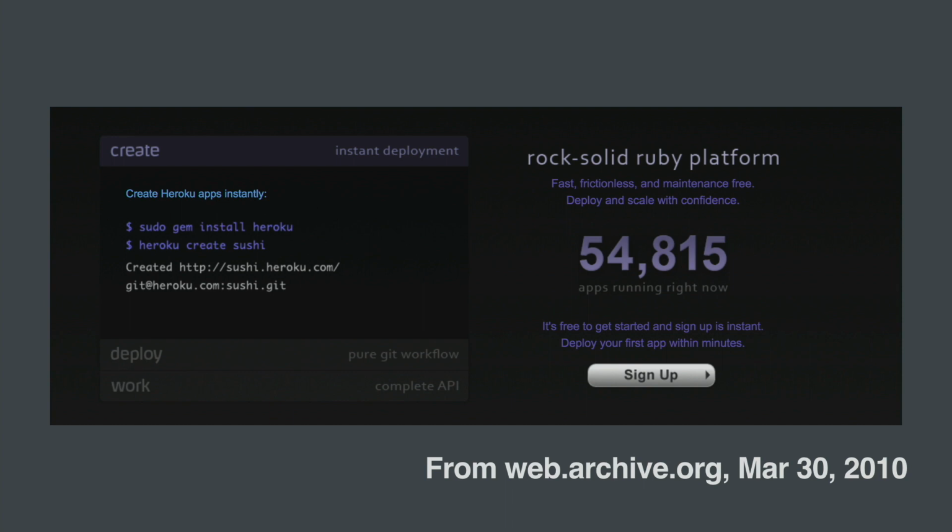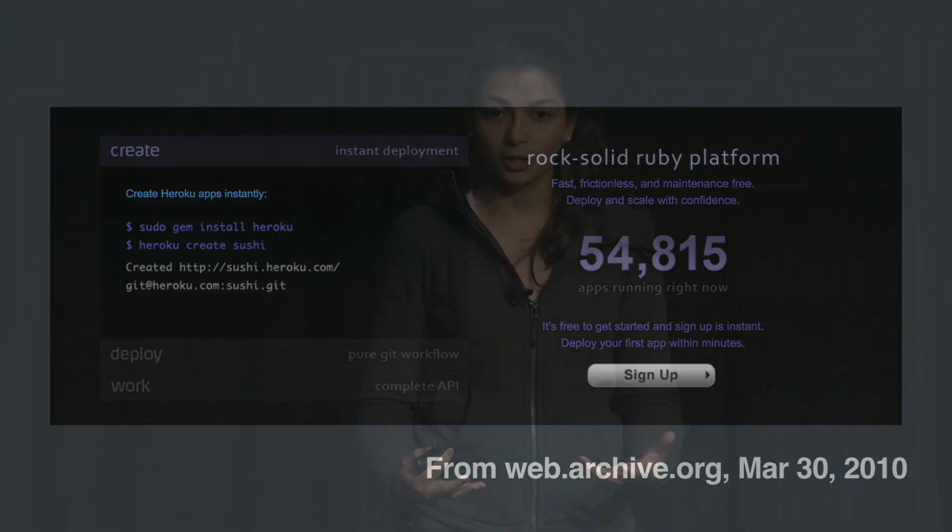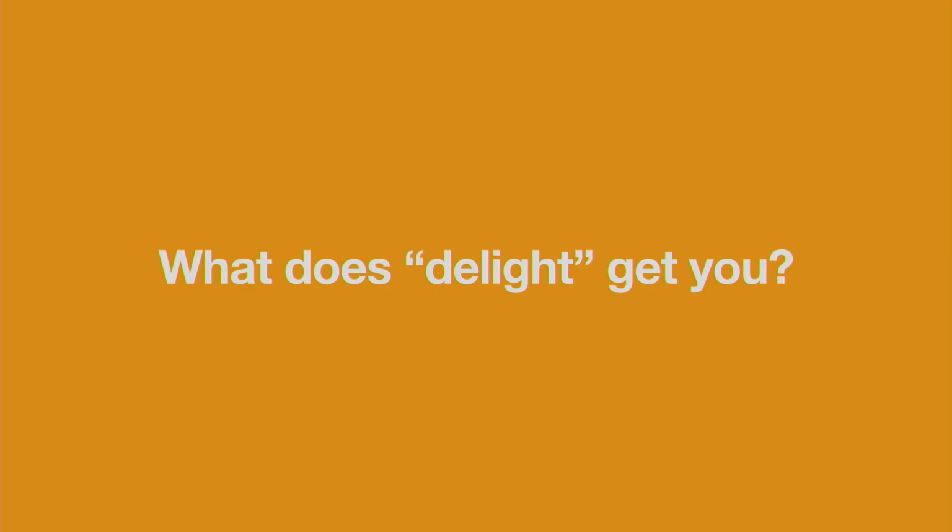And that magic is something that bought Heroku a lot of love and a lot of loyalty early on, so that when it came time for them to expand beyond Ruby and into other languages, people were so excited that Heroku was finally available for them in the kind of stack that they wanted to work on. So there are benefits that you get when you invest in going beyond the basics to really get at delight for your end users.